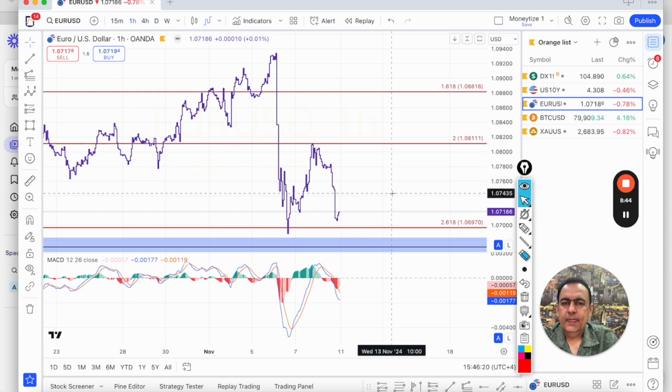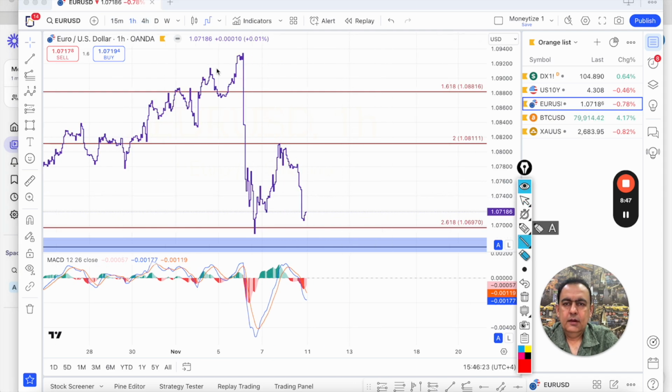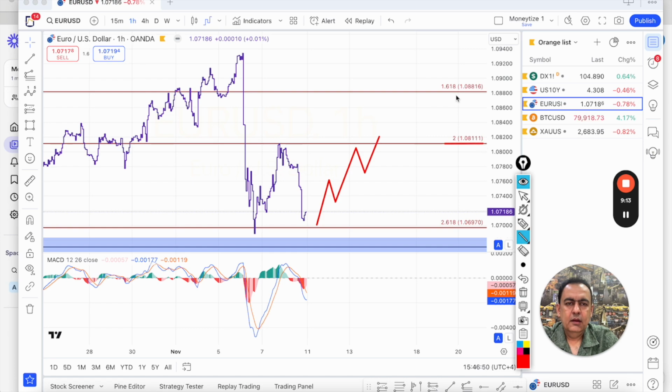Moving to 1-hourly chart. Even on 1-hourly chart, this is a strong dump, and there was a short-term pullback, and now the sellers are in full control. Yes, we are very close to the support zone, so I do not recommend selling at the current level. If you want to take a sell trade, I want you to take it after the bounce. So let it bounce back towards 1.08 or 1.088, and then we can take a new sell trade. So this is the plan for euro dollar, and the next instrument I'm going to cover is Bitcoin.